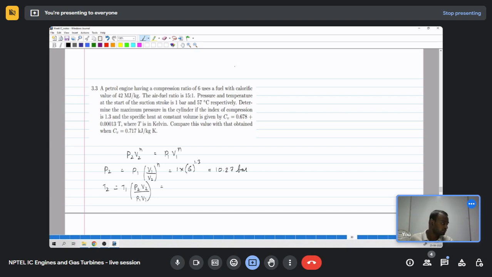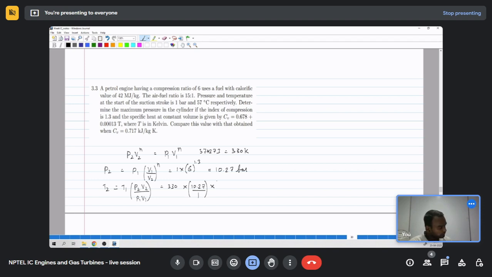So 57 plus 273, that is 330 Kelvin, right? Yeah, 330 Kelvin. So T1 is 330 into P2 is 10.27 divided by 1, and V2 by V1 is again